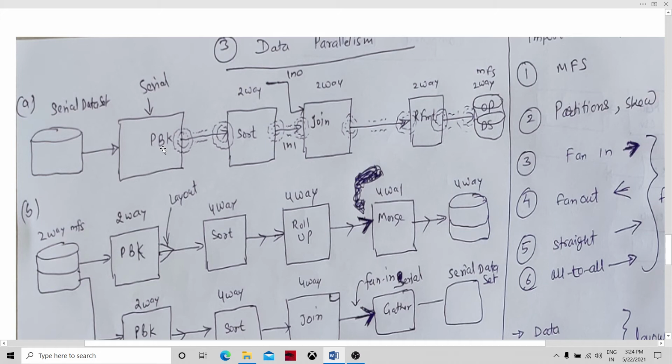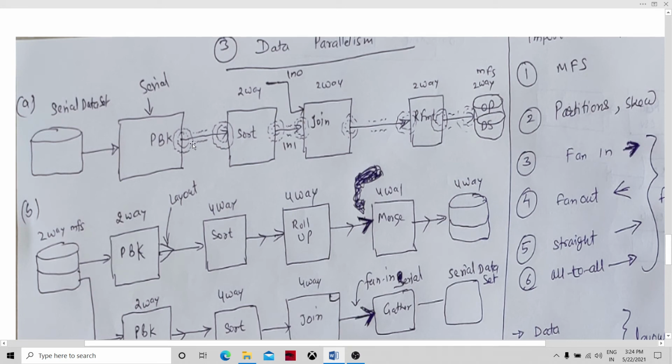Say we have two-way parallel data and we want four-way, or we have data partitioned on a key K1 and we want to partition on a different key, then we will use the partition by key component. Here, partition by key runs on a serial layout, followed by a sort component, then a join, then a reformat, and then a two-way multi-file system as the output dataset.